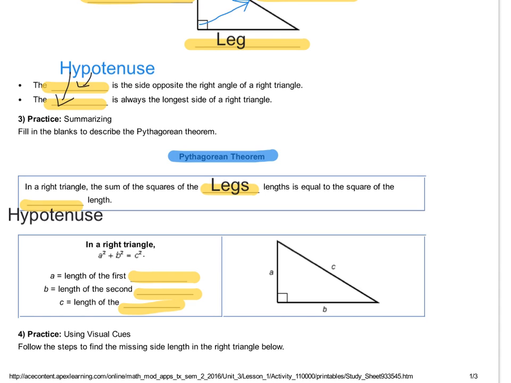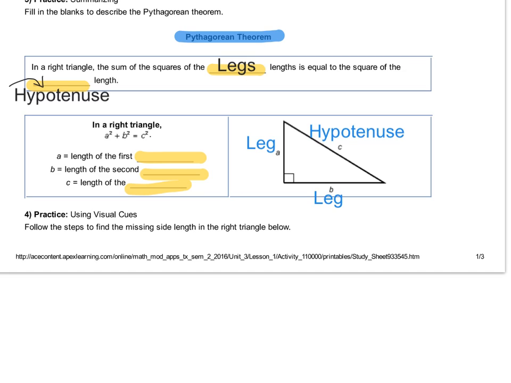Let's write it down. Okay, so in a right triangle, I just labeled it like the one up at the top, but